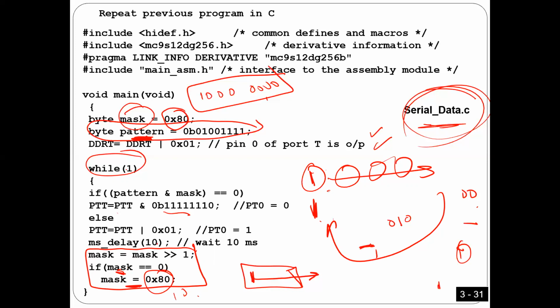Okay, so let me summarize what I did here, guys. Number one, I'm going to check one bit, okay, and then if this bit is 0, I'm going to output 0. If this bit is 1, I'm going to output 1. Is that okay? And then I'm going to wait, and then I'm going to shift mask. Okay, so this mask, it's a byte, always has only one bit. One bit is 1, and the other bits are zeros. Every time I shift it, I just change the location of this one. Okay, and now if the mask equals 0, I have to bring it back again here,